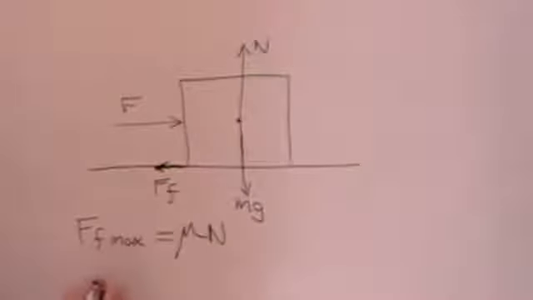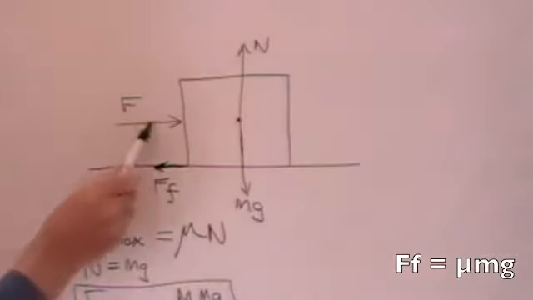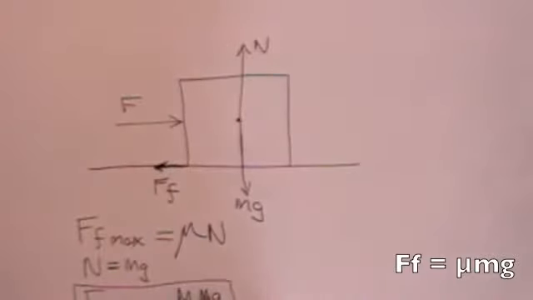And that means that n must equal mg, because n is going up, mg is going down. They must be the same so that the net force is 0. And so we can see that the frictional force maximum is going to equal mu mg. So when your force against the bookcase exceeds mu mg,